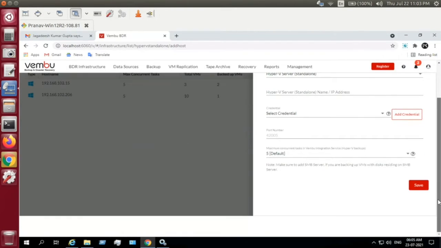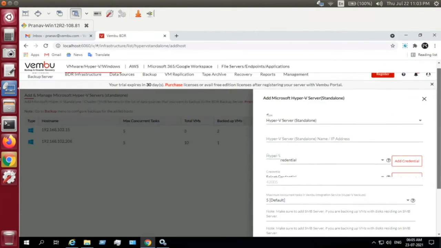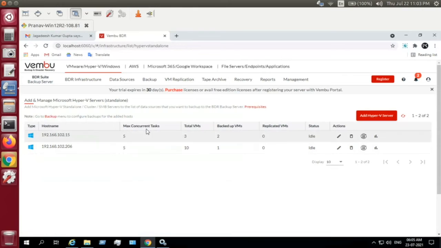Here we have something called parallel processing, which is how many jobs you can run in parallel within a job. By default it is 5, and you can't configure more than 5, but within 5 you can take the backups. You can just save that. Once saved, the Wembu integration service is pushed to the targeted machine you have added.